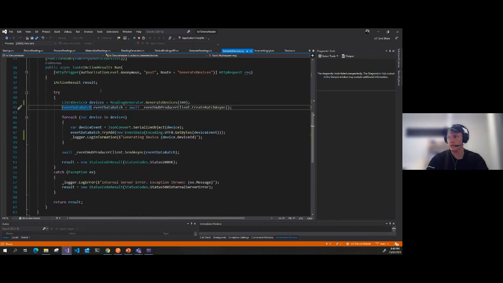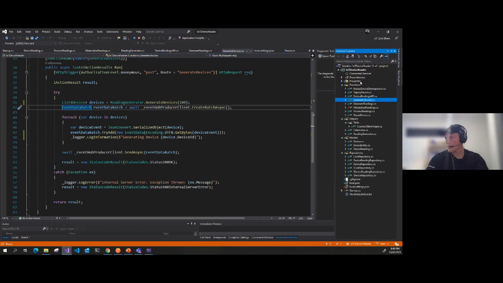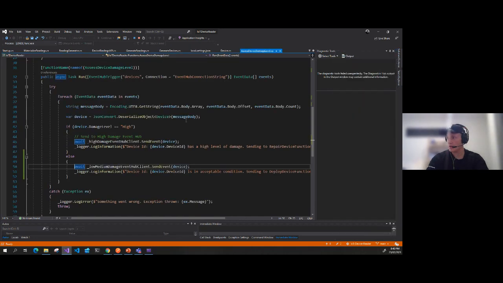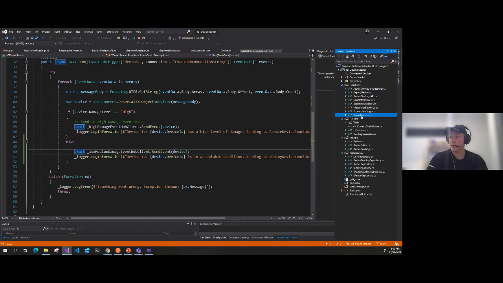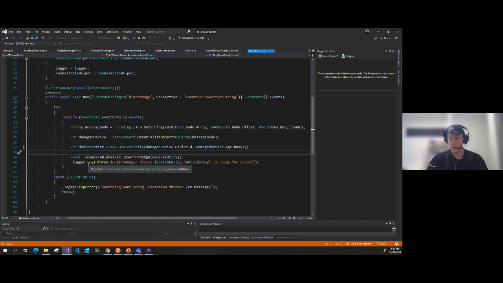Here I'm just generating a bunch of devices, but this time I'm sending it to Event Hub. And then I've got this assess device damage level function. We read the incoming device, and if the damage level is high, we'll send that to an Event Hub to process those high damage devices. If not, we'll send it to a low or medium damage Event Hub. And then using this Cosmos DB table helper that I've created, I'm taking the incoming event body, deserializing that into a device object, and then I've got this device entity that persists the device ID and how old the device is